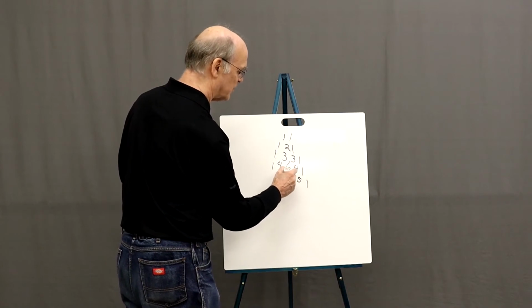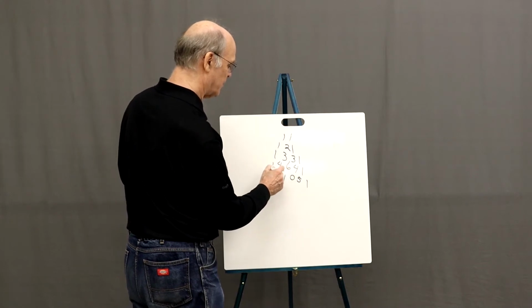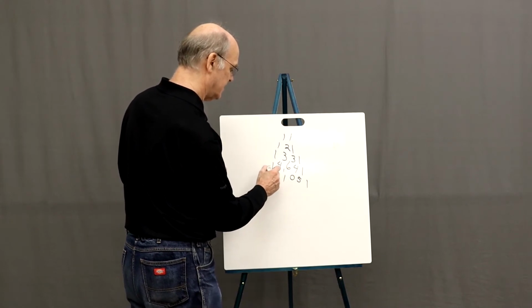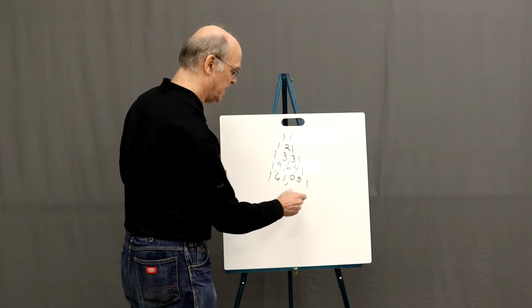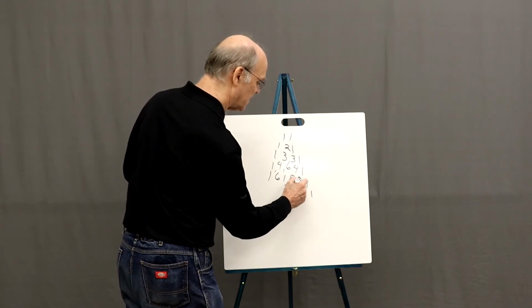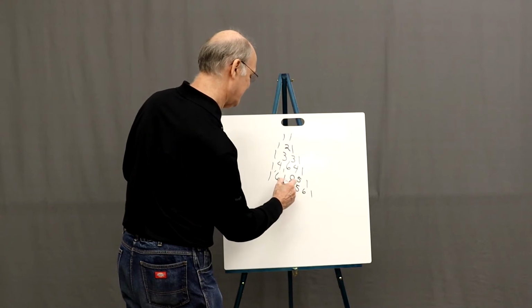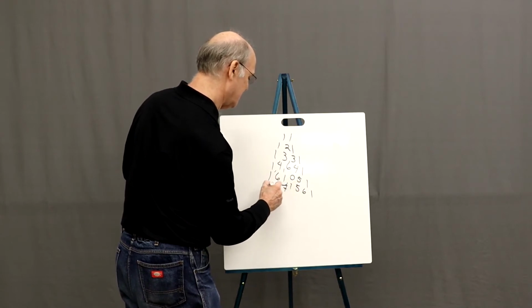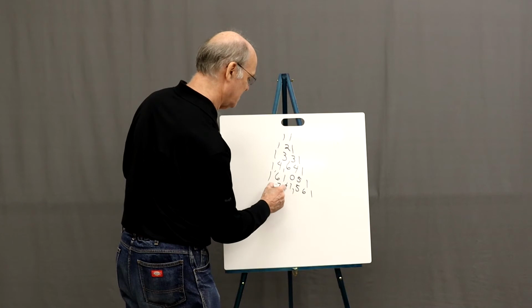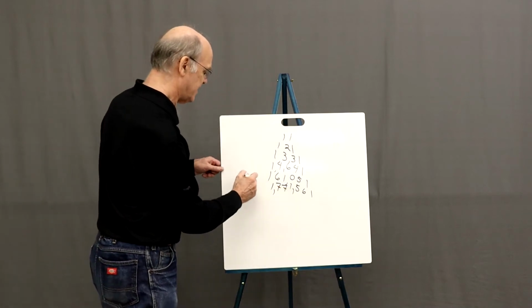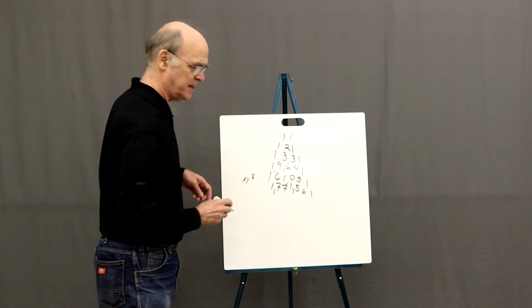Oh, we got a carry, so we're going to put a 1 in here. We're going to get an 11. And we're going to put a 1 in there and get a 6. And we're going to put a 1 out front. We can do it again. And we just did 11 to the 7th in about a minute